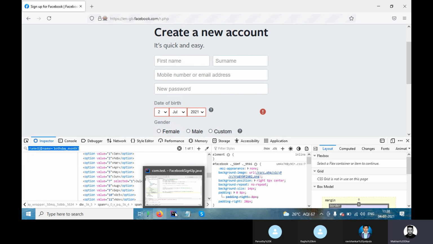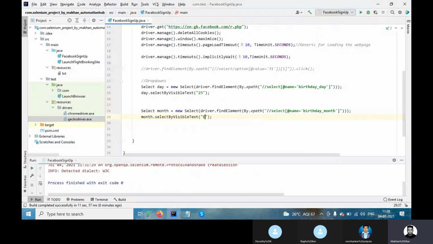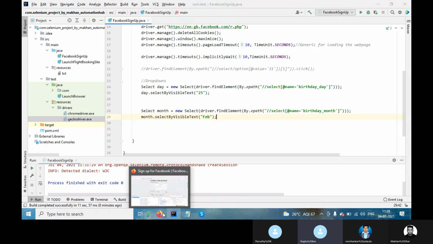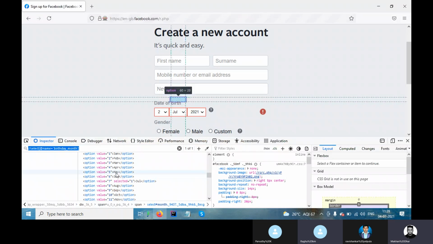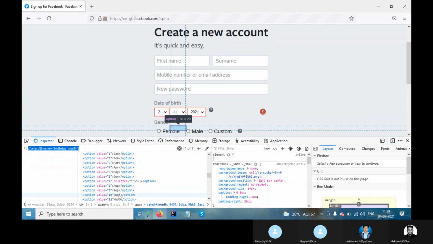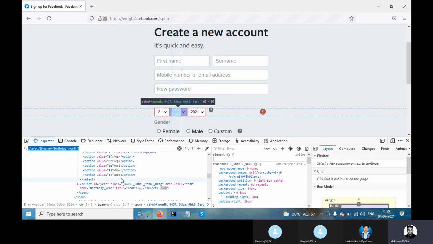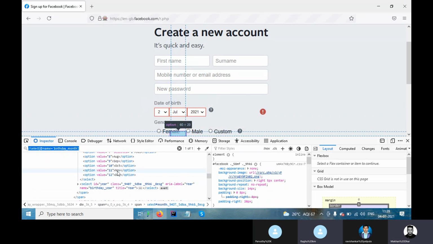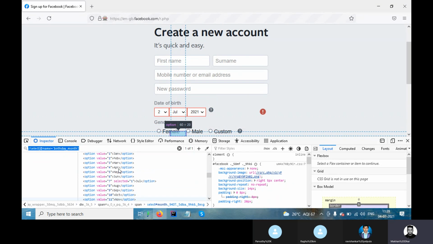You can't enter February here, because that is not there itself. If you add it, it will give you an error. This is case sensitive, and this is the data. If it is not matched with the drop down, how will it interact?